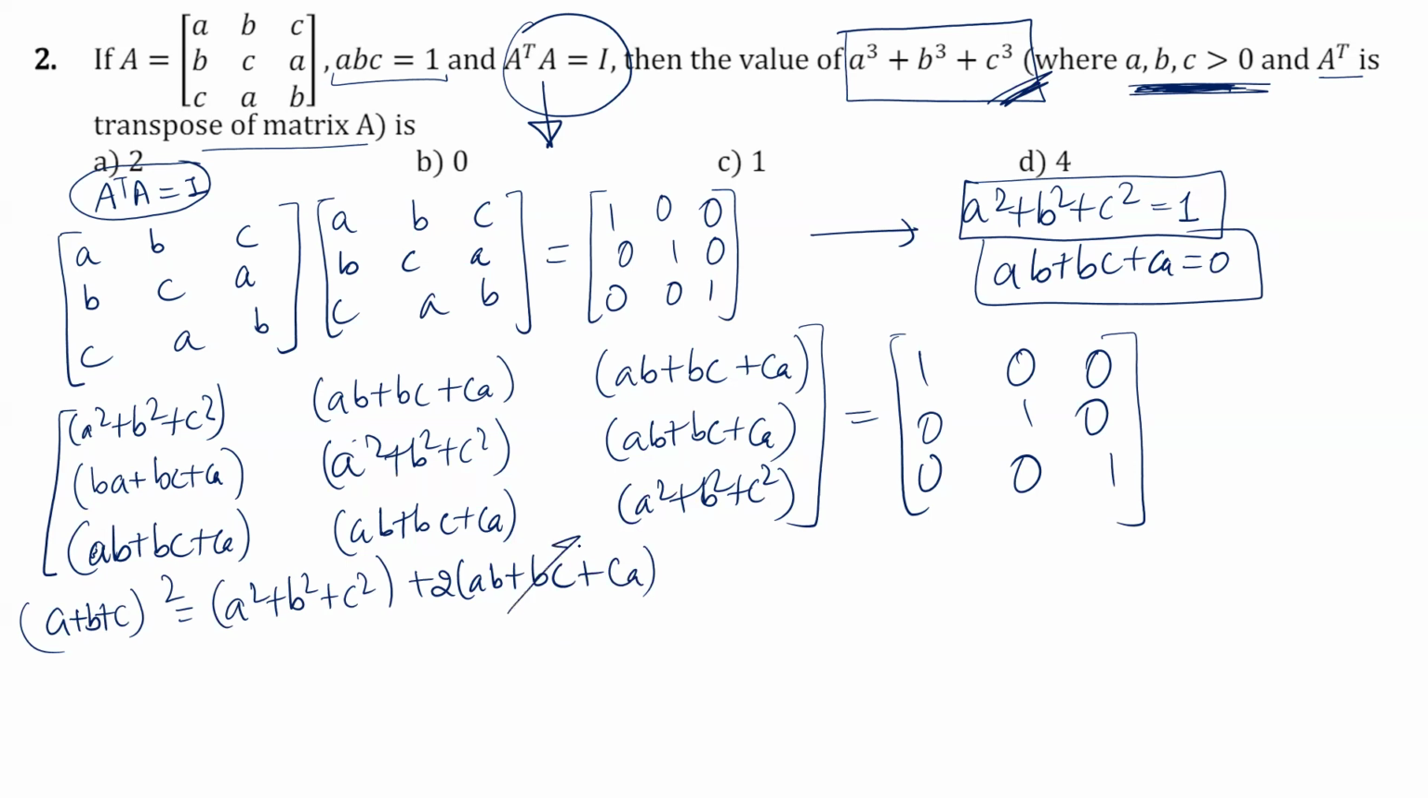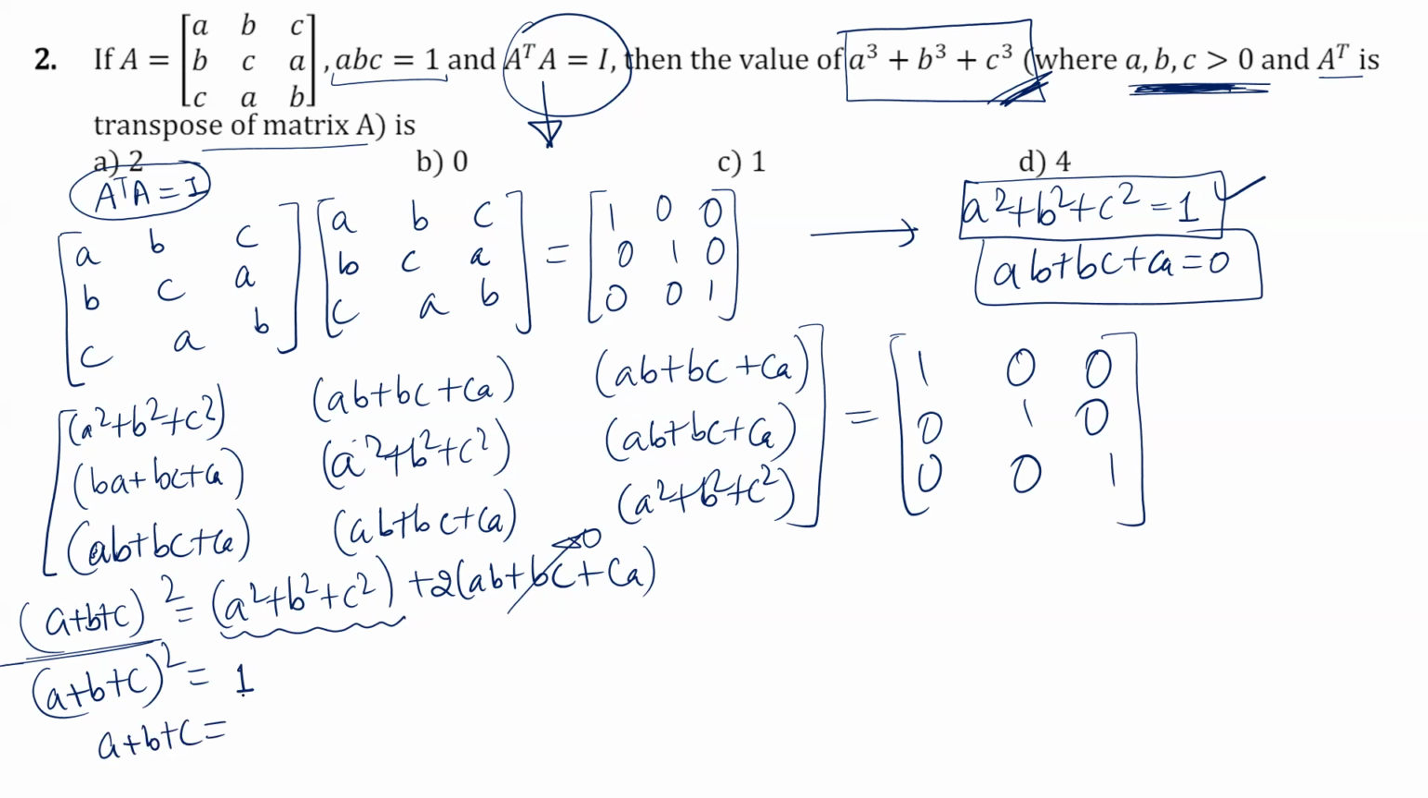Okay. And here AB, BC, CA is 0. So that means (A plus B plus C) square will be equal to A square plus B square plus C square, which is 1 only. So this is 1. A plus B plus C